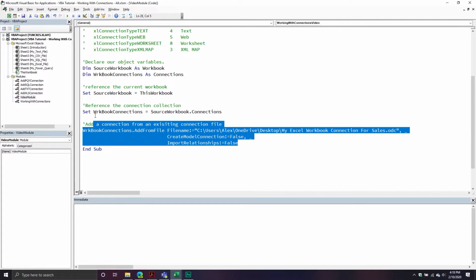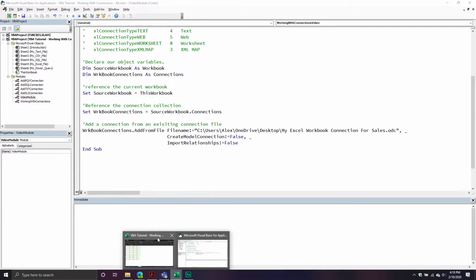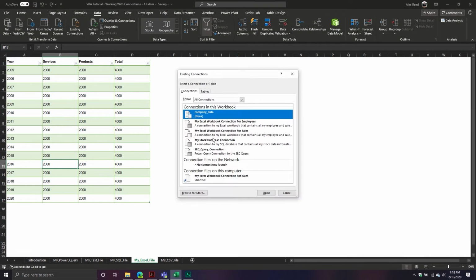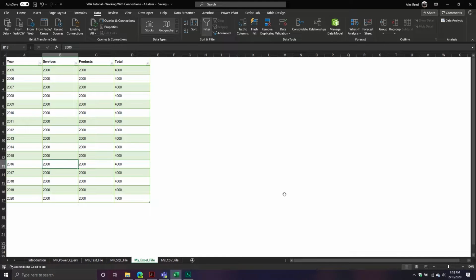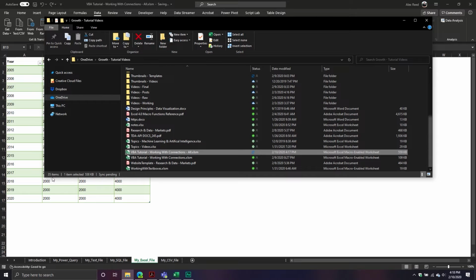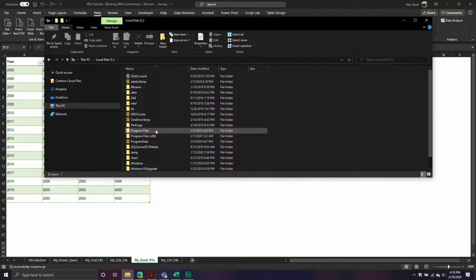But from here, if we add it, I ran it, and it didn't seem like it did that much, but hopefully when we go here, you will now see that there is a connection to that employees one. So we just added that connection file by specifying the path. Now there's some interesting things here. Where is it? I think it's Users,